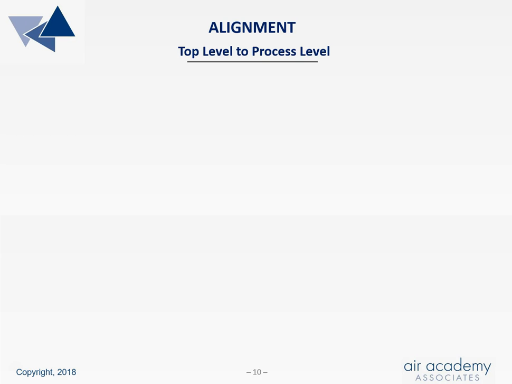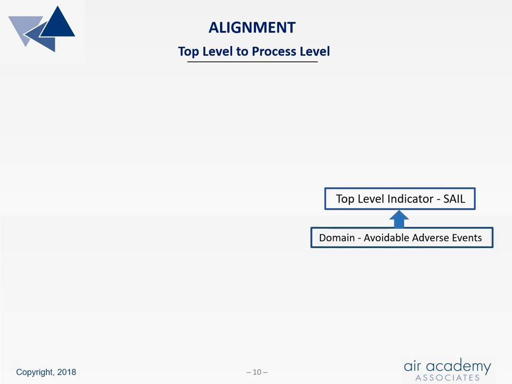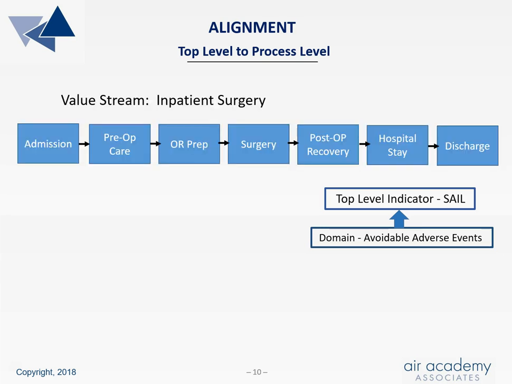To improve top-level indicators, it is necessary to determine the linkage to a process measurement. There needs to be alignment. Let's start with the idea that we want to improve our SAIL rating. There are 9 domains in the SAIL system. One of the domains is avoidable adverse events. If we look at the value stream in patient surgery, it contains high-level processes that might contribute to avoidable adverse events. During a hospital stay,